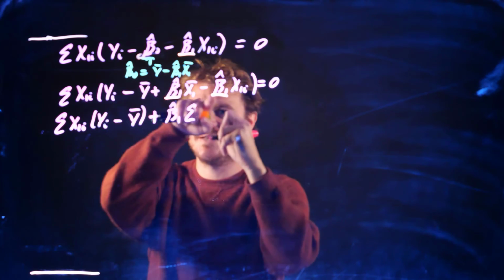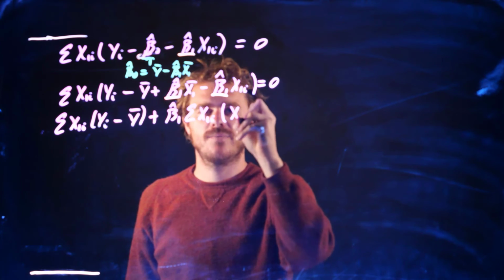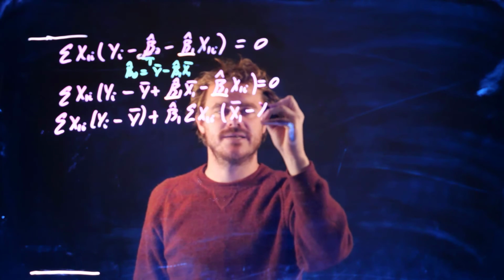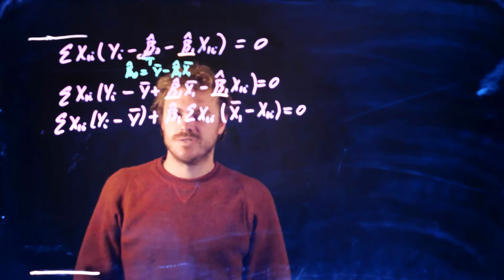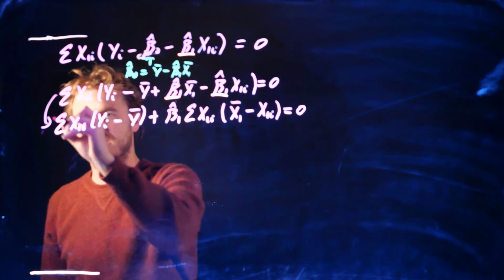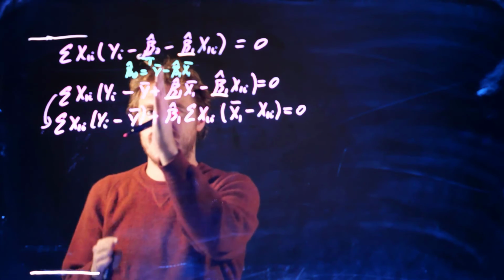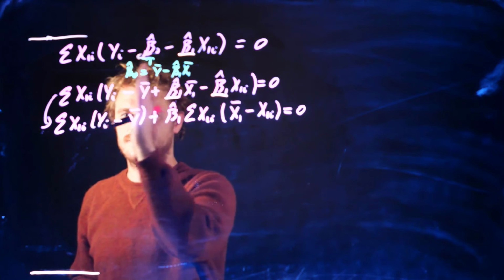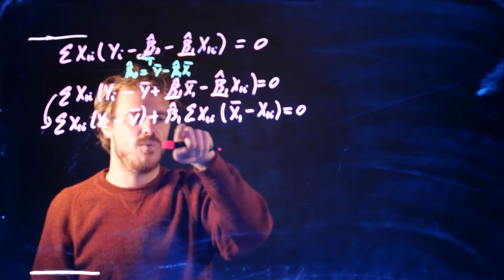We still have this being multiplied in, so x1i. Then we have x1 bar minus x1i equals 0. So between these two lines, we're just dividing the sum right here. We're keeping everything there together, and we're keeping the terms that have this beta 1 hat